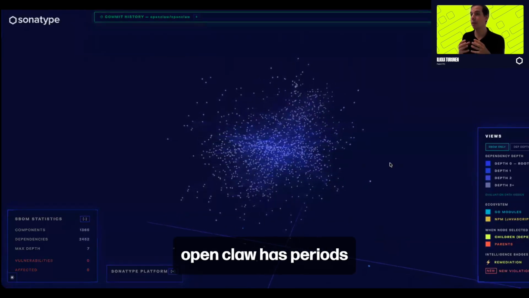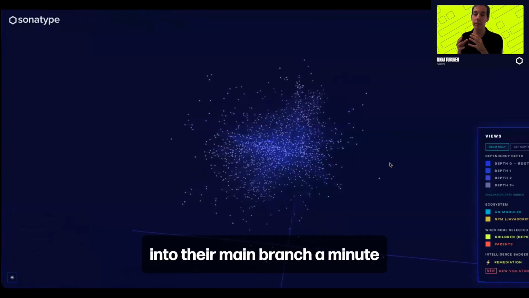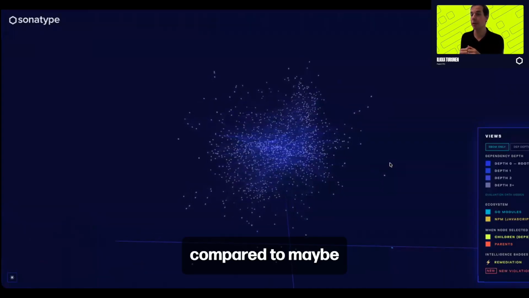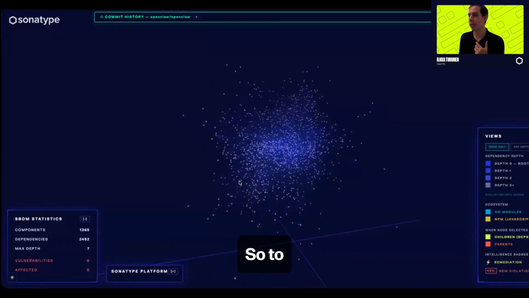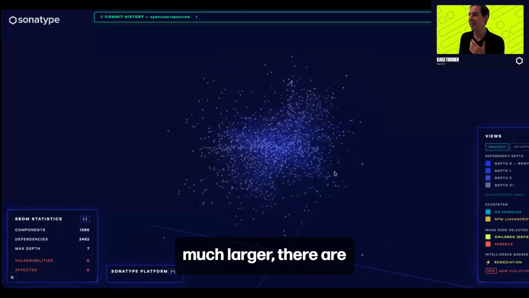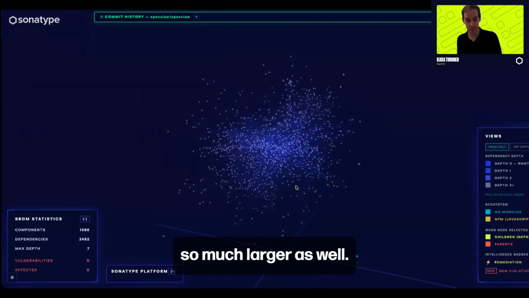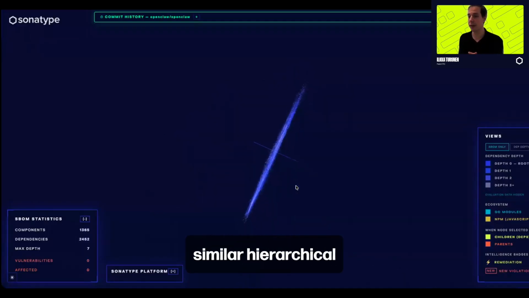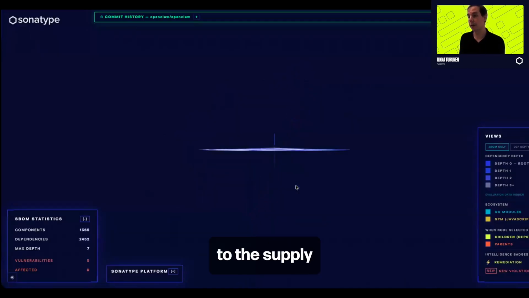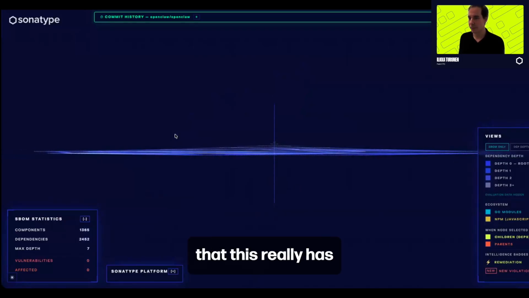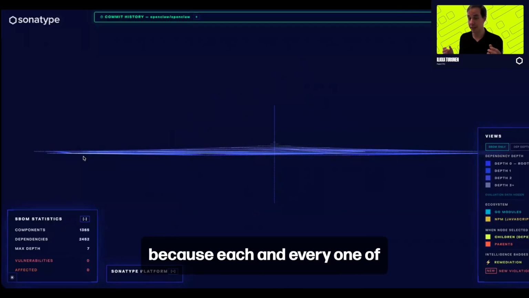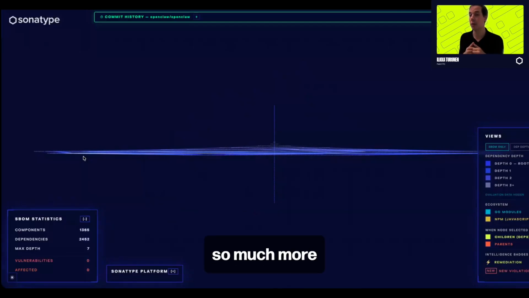On average, OpenClaw has periods where it has one change into their main branch a minute, compared to maybe one or two a day in the human-driven projects. So, because the rate of change is so much larger, their dependency trees are so much larger as well. We take a very similar hierarchical view of the dependency tree compared to the supply chain that we saw in the human-driven one. We can see that this really has quite a large first level dependency tree, but really the transitive levels just bulge out of control because each and every one of these projects have so much more